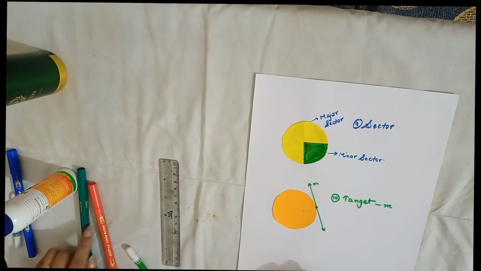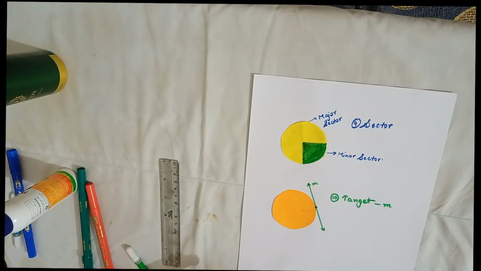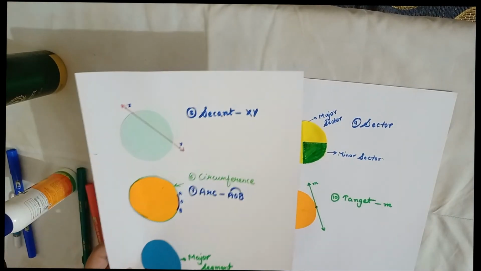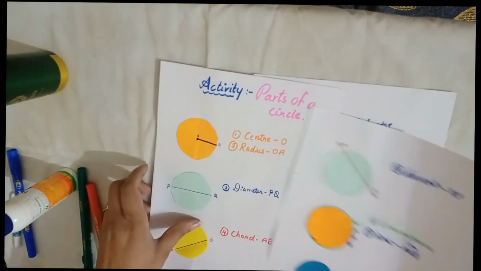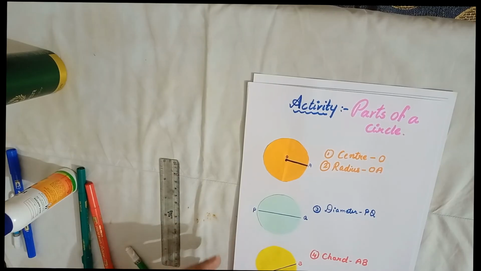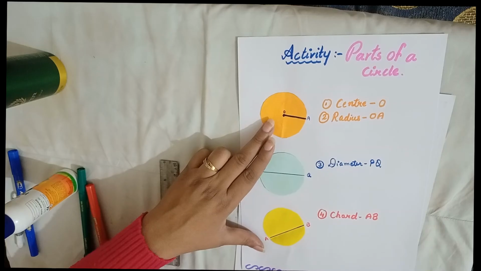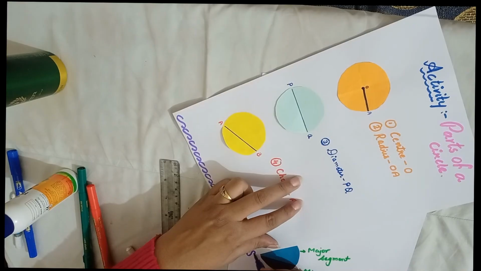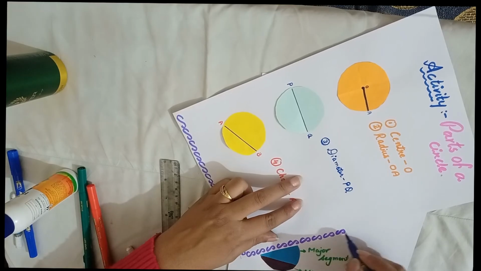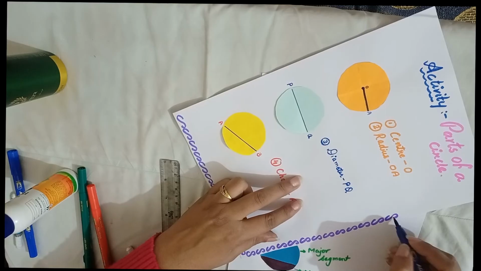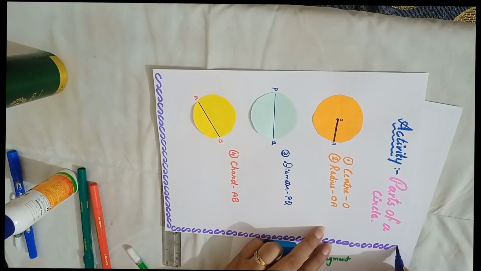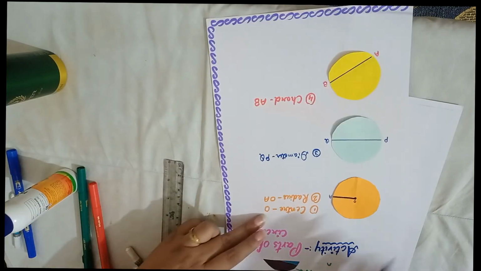After this activity is finished, now you can decorate your sheets according to yours. Like I got the 3 sheets over here, 1, 2 and 3. So you can decorate them according to your choice. You can make any design. It totally depends upon your creativity. So I am using the simpler one, which can be used by every one of you, whether you are very good in drawing or not. So you can use this simple design which I am showing you right now.